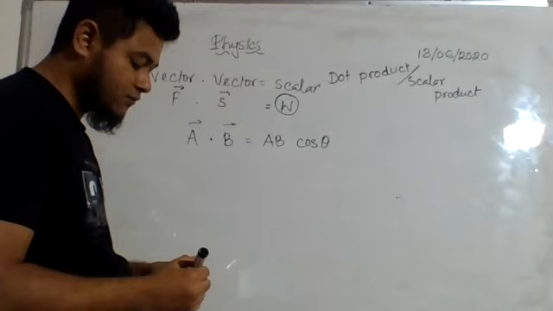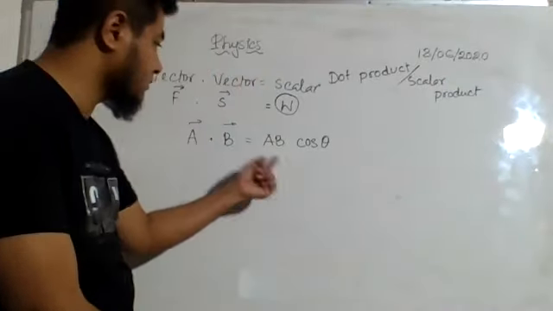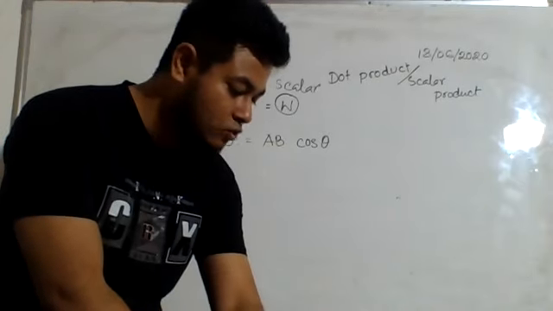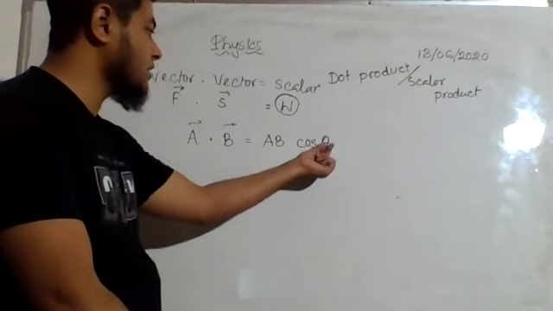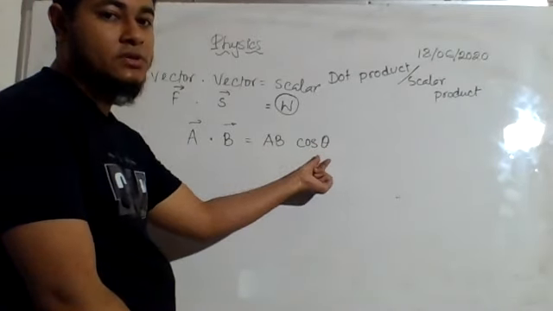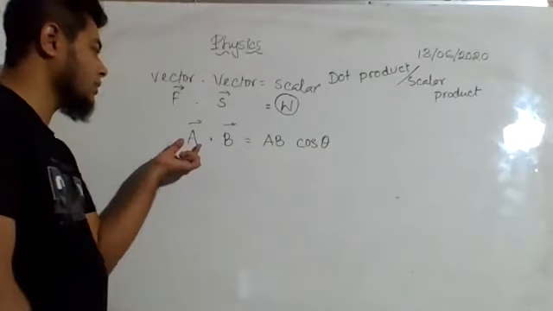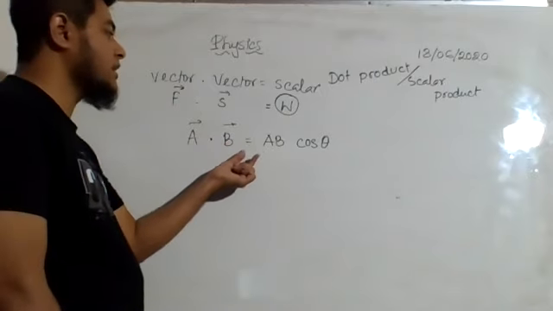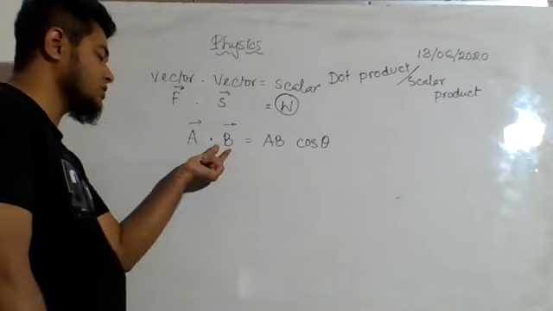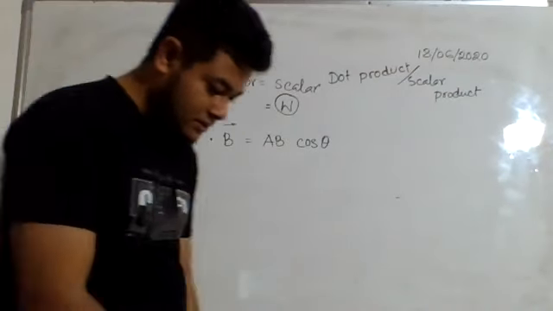See now, if you read the line, you will understand. The product of the magnitudes of two vectors, I have taken the product of them, and the cosine of the smaller angle between them. If the angle between A and B is theta, then the cosine of the angle between them will be cos theta. So it will be the scalar product or dot product. That means whenever we are doing A dot B, we will write it equal to AB cos theta, where A and B are the magnitudes of these two vectors, and theta represents the angle between them. Okay?